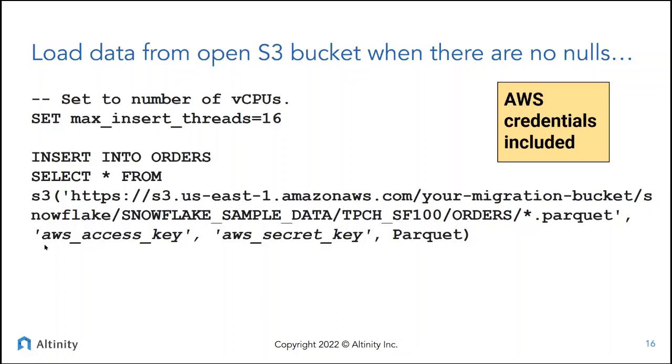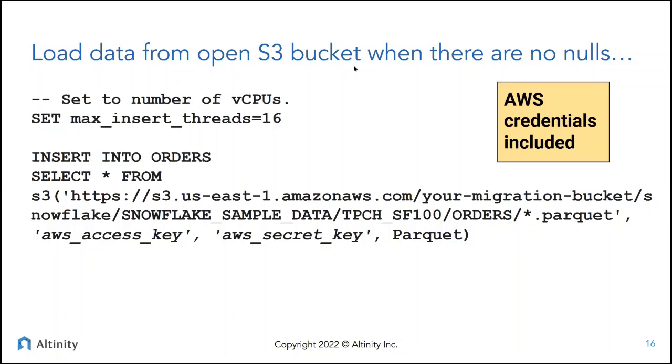We also provide our access key and our secret key, and then tell the S3 function that we're reading Parquet. That's going to be what's called our input format. There's another really important setting here when you're loading data into ClickHouse, which is max insert threads. So I was actually reading this in a 32 vCPU machine. I could have set it higher, but in this case, I just went with 16. Pull it in, which means that it will read these, what turn out to be hundreds of files, in parallel and get the data loaded that much faster.